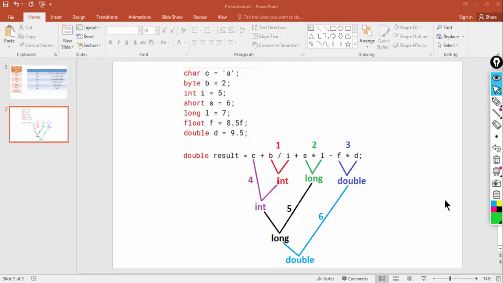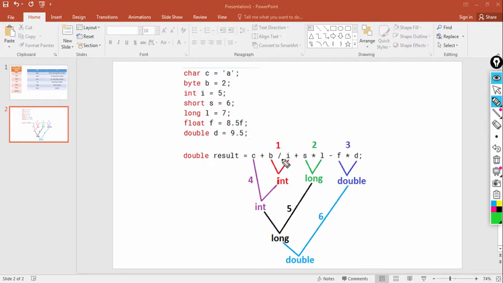So students, let's look at this example, okay. I've got an expression here. So this is the expression, and we'll see step by step how the data types are getting promoted. So in step number 1, the division will happen, okay, because you know the rule of precedence and associativity.